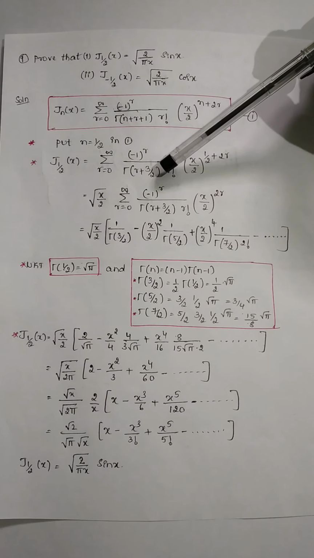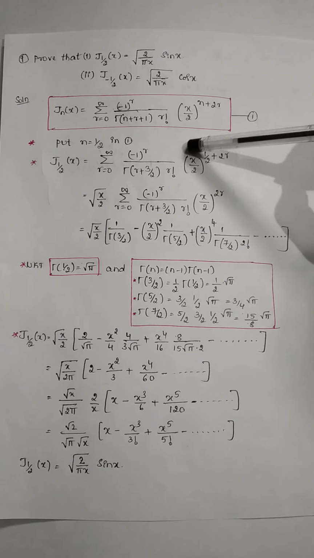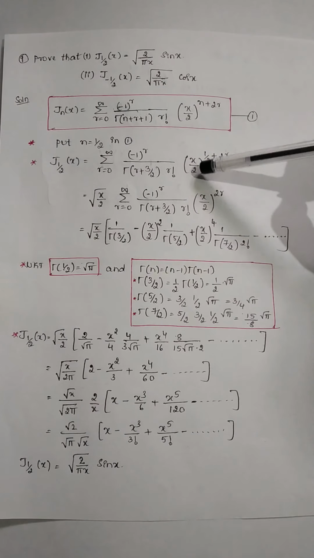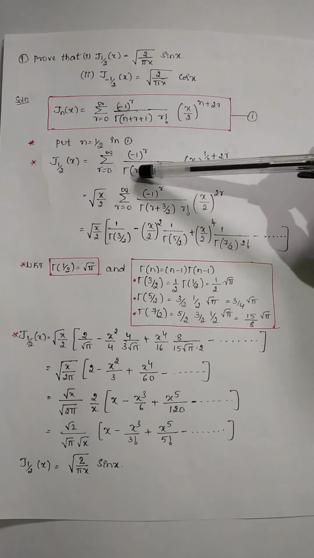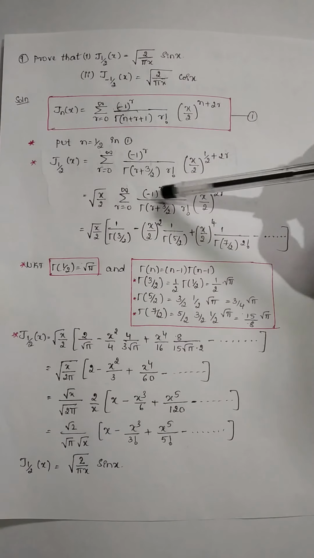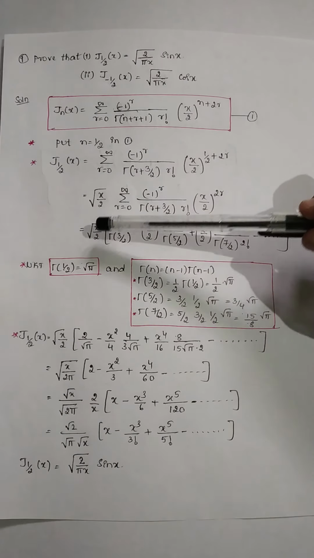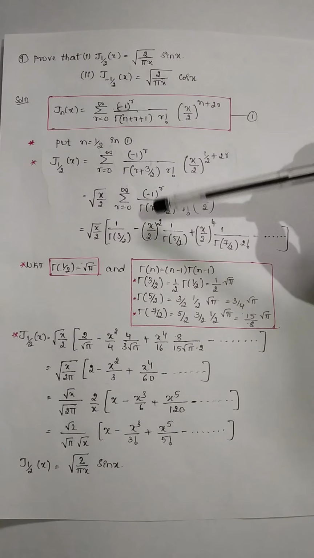Okay, so on simplification you will get square root of x by 2, that is this part, x by 2 to the power half. As this term is independent of r, you can write it outside the summation. So square root of x by 2 outside the summation and remaining terms as it is. Okay, so after writing this line you need to expand the summation. So square root of x by 2 outside, and now expand the summation by putting r equal to 0, 1, 2, 3, 4 and so on.